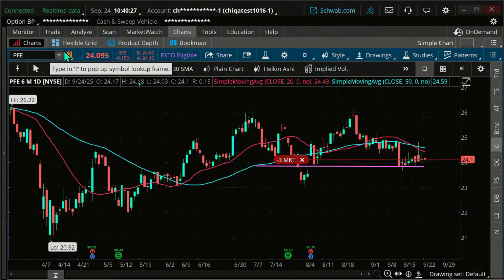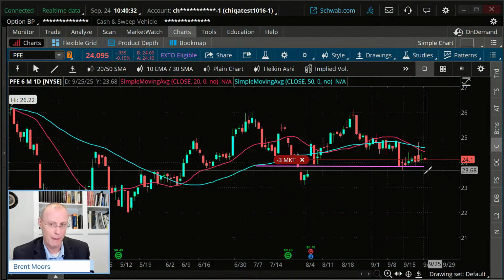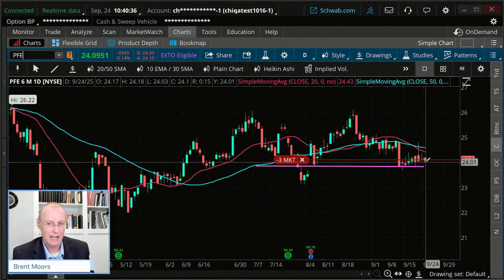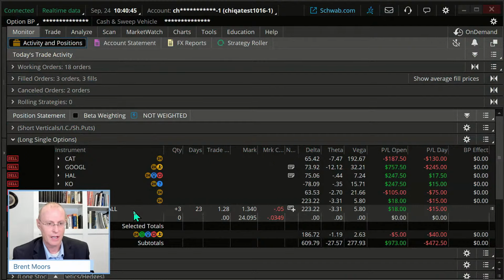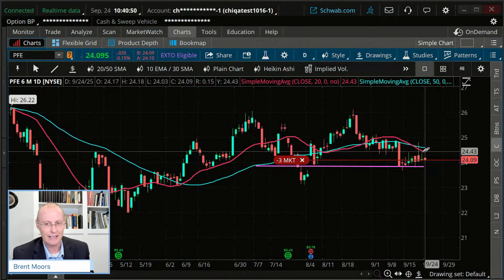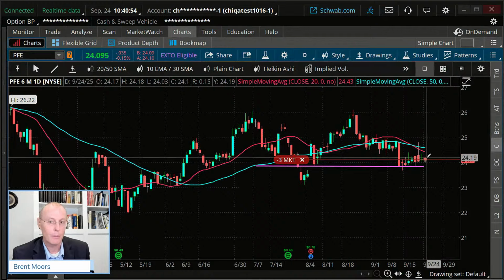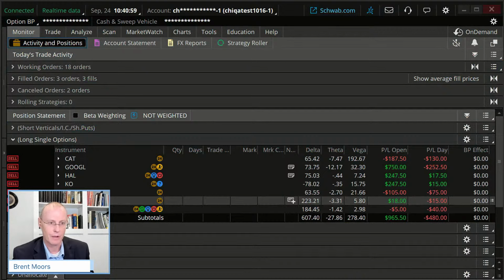So let's look at Pfizer. Are we still bullish? It's not super bullish, but what I'd say is I've got a support level here, and as long as it's above that, that's okay. Of course, time decay is working against us. This is a long call, so I can go either way on this. I may wait a little bit longer. We've had a little bit more bullish momentum there. I think you can go either way on that one, no doubt.